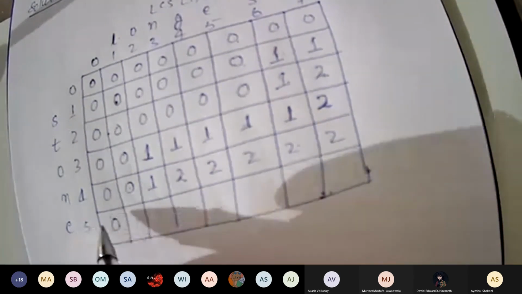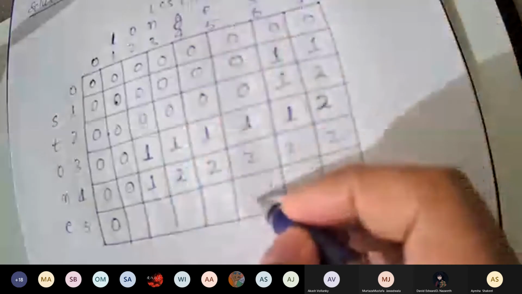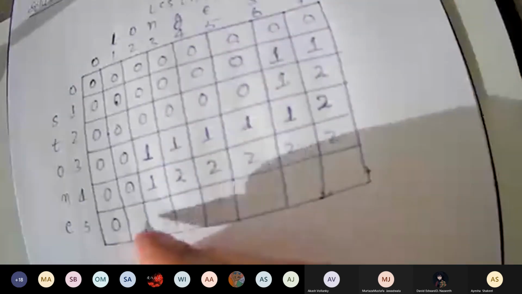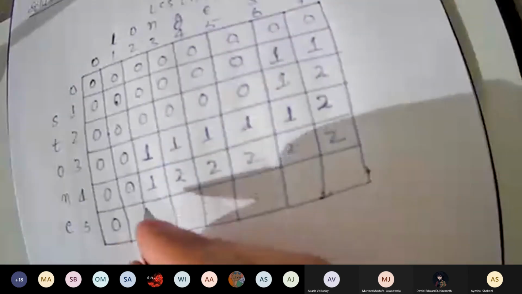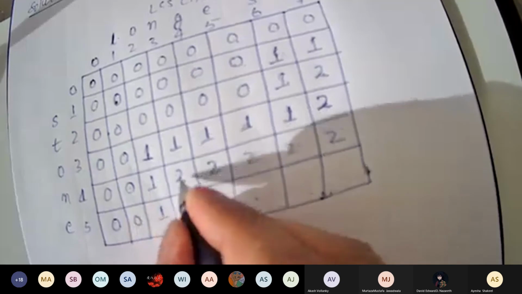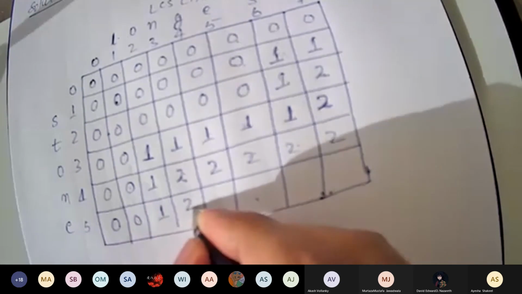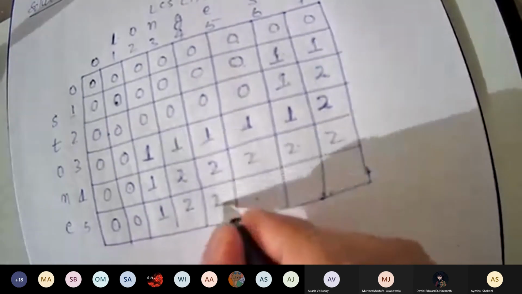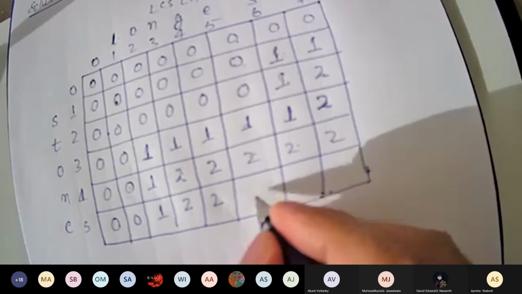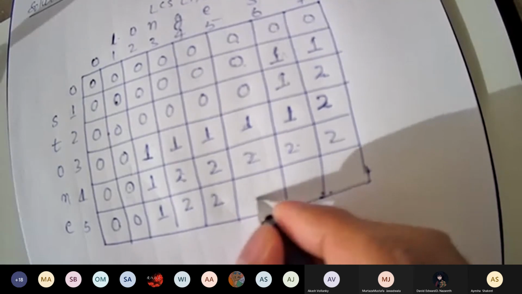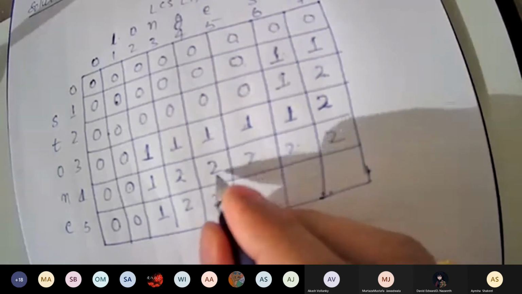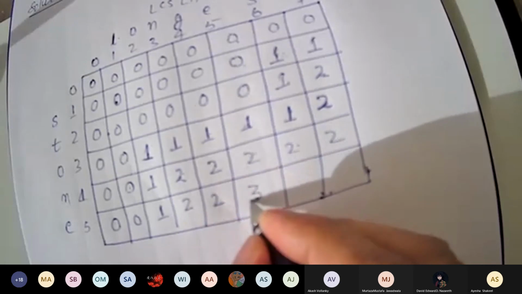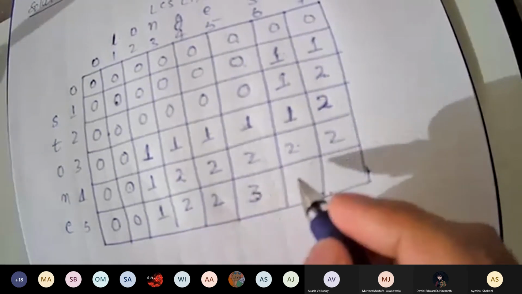Then let's come here, E. Before that it is not the same, so max of this and this is 0, then 1, then 2, then 2. Here it is the same, E and E. What will happen? 1 plus this diagonal value 2, it will become 3.